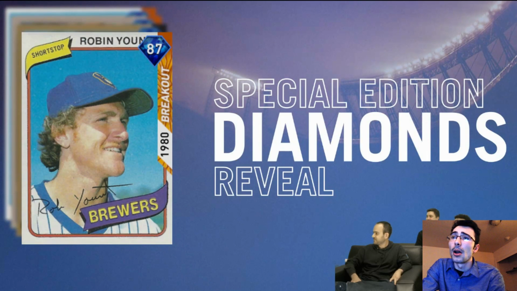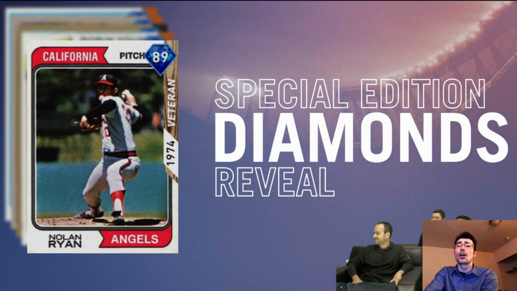This wraps up our 30 diamonds. We're only 3 in, and we have a lot more great cards to talk about here. We have the Nolan Ryan, 89 overall pitcher. I think a lot of people will end up selecting this card because they're big fans of Nolan Ryan. This card will lack control, but he won't lack velocity, and this card will have per nines that are up